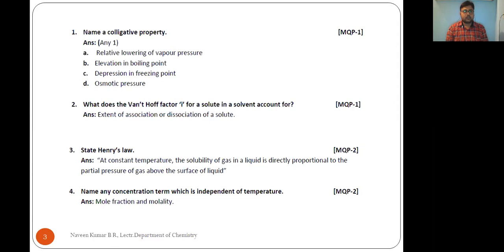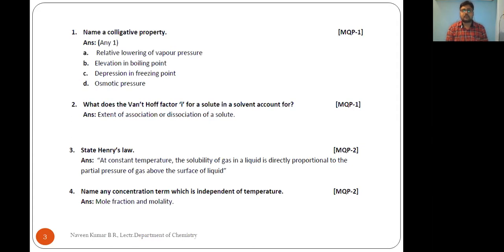Next, question number 4, again from the model question paper 2. Name any concentration term which is independent of temperature. When we are discussing the expression of concentration term, I have given the significance of temperature there for the measurements. So you can recall a concept. I have told that those concentration terms which have volume in their measurement, that is in the calculation of a respective concentration term or expression of concentration, if there is volume term in it, then only it depends on the temperature. Otherwise, it will not depend on the temperature. So such important concentration terms, you can give it as example.